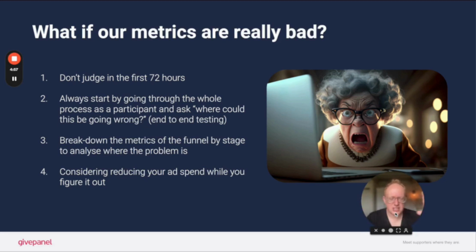So check the consistency as you go through as a participant. Just think, where could this be going wrong? What could be putting off my audience here? Then if your metrics are not performing very well, break down the metrics by funnel stage. What's my lead to group percentage? What's my group to registration percentage? What's my registration to fundraiser percentage? What's my fundraiser to active fundraiser percentage? I would split it out by that and find, is there a really weak part of the funnel where there is a problem? Because that's going to be a good investigation to help you get to the problem.